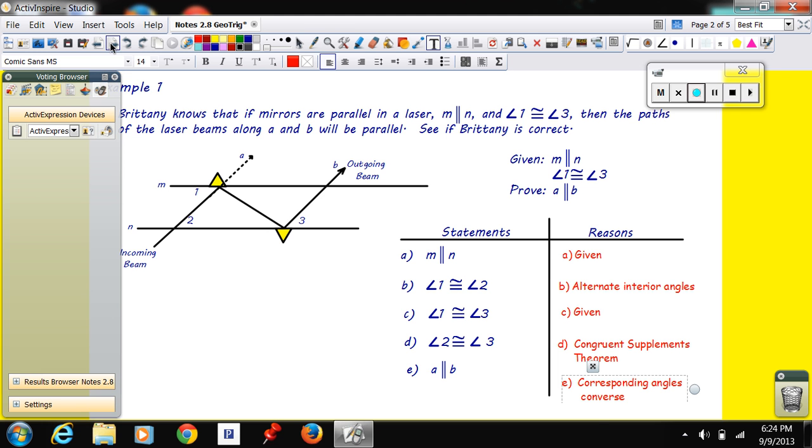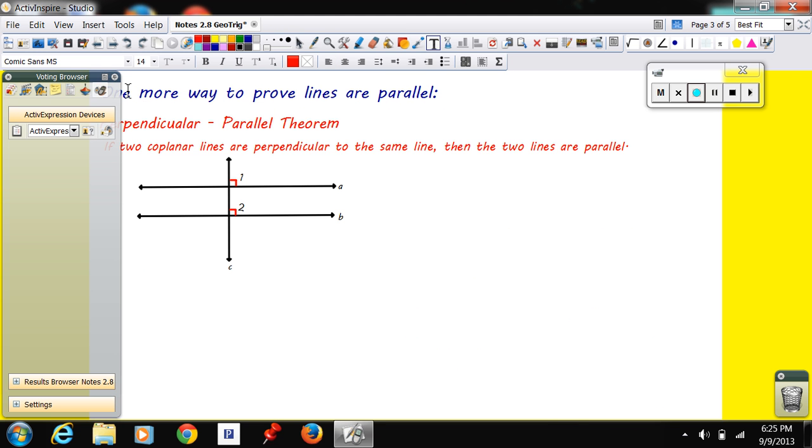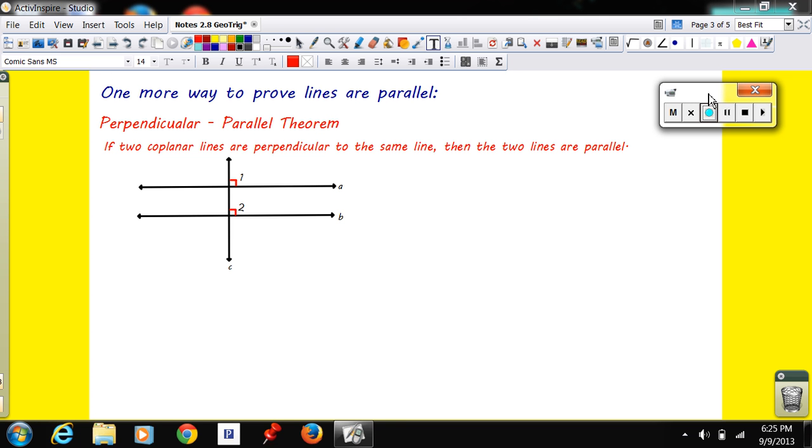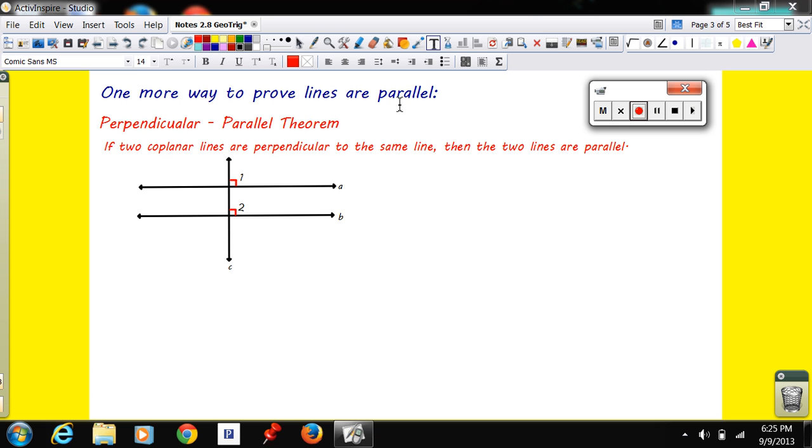Alright, moving on. One more way to prove that lines are parallel. So we learned that there are 4 ways so far. We could use the converse of the corresponding angles. We could use the converse of the alternate interior, the converse of the alternate exterior, the converse of the consecutive